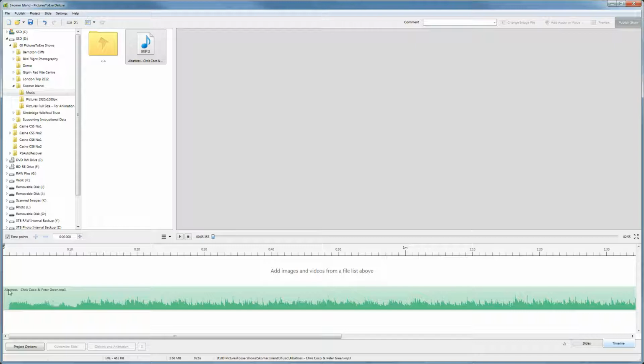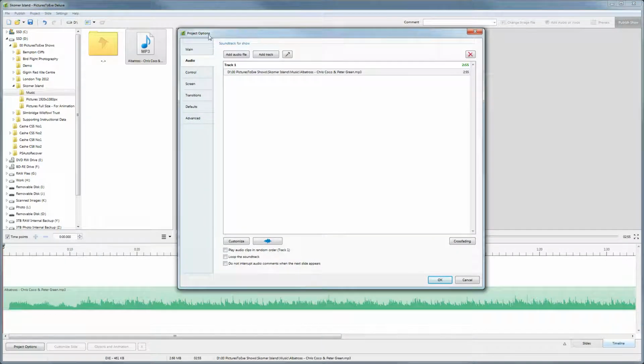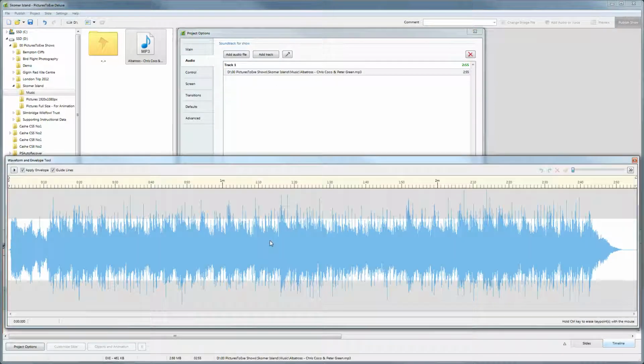There's a bit of a gap at the beginning of that soundtrack that I'd like to get rid of, so I'm just going to right click on that and go to Customize Audio Clip. This brings up our project options, which we've seen just a few seconds ago. If you click on that little icon there, that brings up this waveform and envelope tool, which is a very intuitive way of